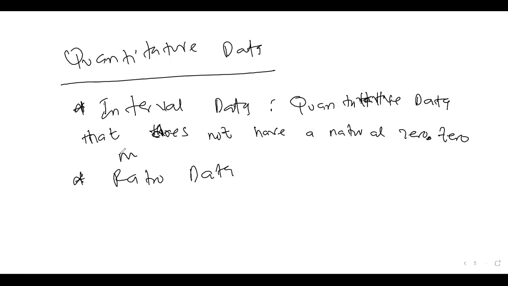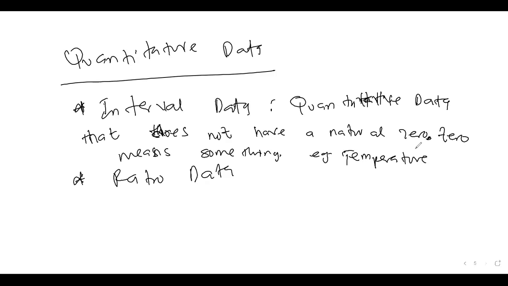Zero means something. A clear example of this is temperature. You see, when somebody's temperature is 0 degrees Celsius, it doesn't mean he doesn't have temperature. What it means is that his temperature is very low. So a clear example of interval data is